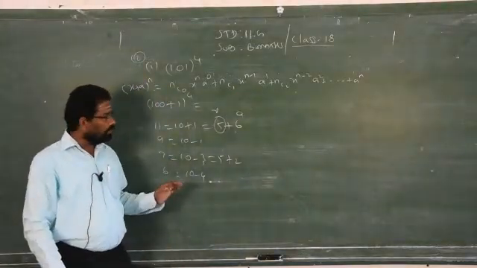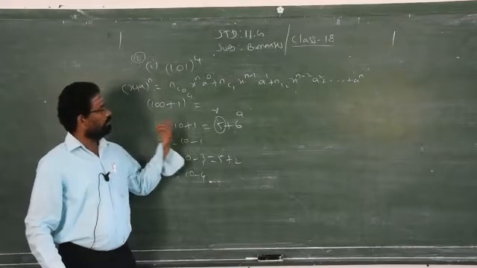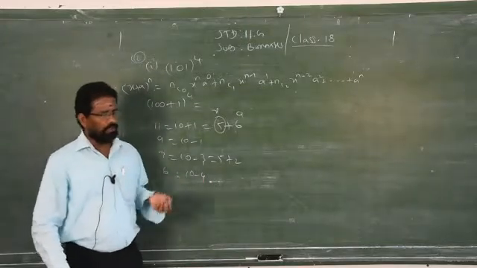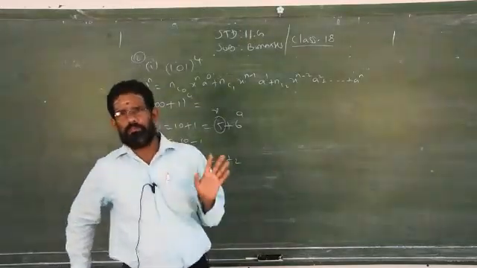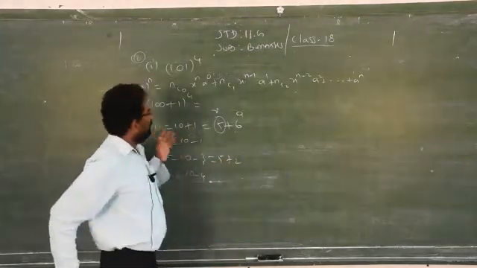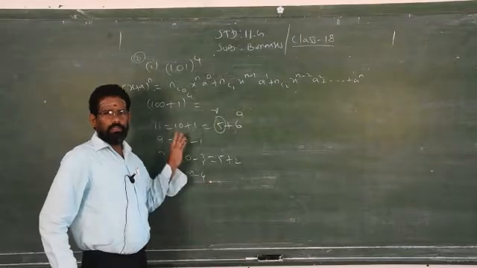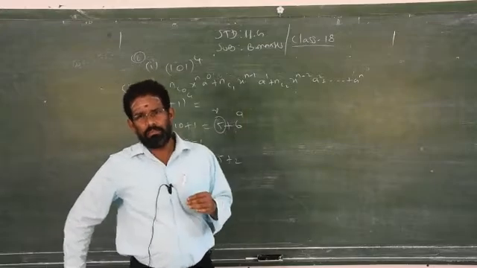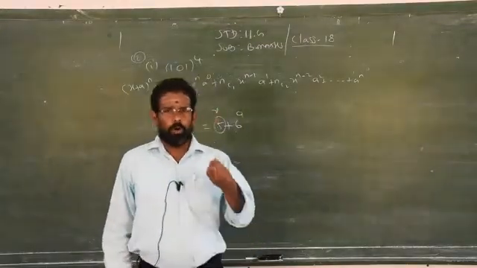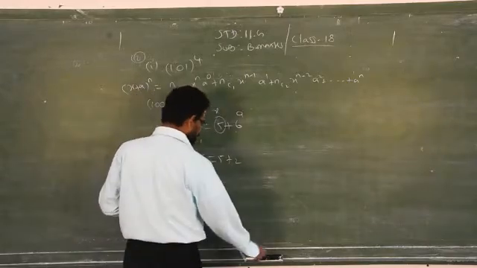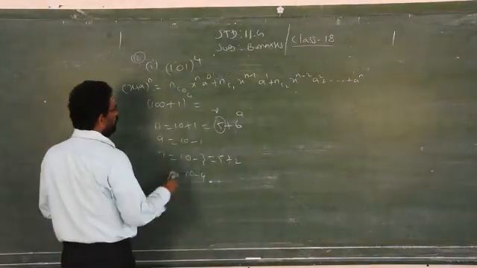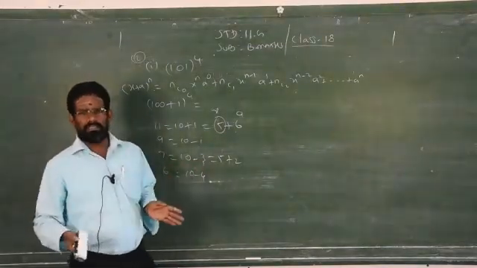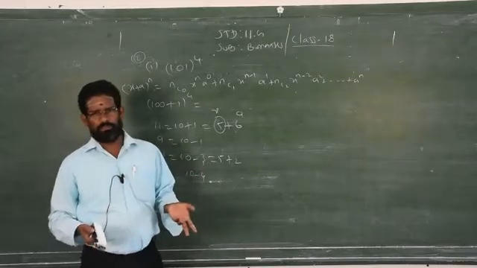Clear? So don't think that if you split the number in some format other than 10 plus, 10 minus, 100 minus or 100 plus, you will get a different answer. No, you will get the same answer. You try at home by splitting the given number in some other format instead of 10 minus, 10 plus, 100 minus, 100 plus. You will get the same answer. The calculation may be tedious and will take more time, so to avoid consuming time, we are asked to split the given number as 100 plus, 100 minus, 1000 plus, 10 minus, 10 plus.